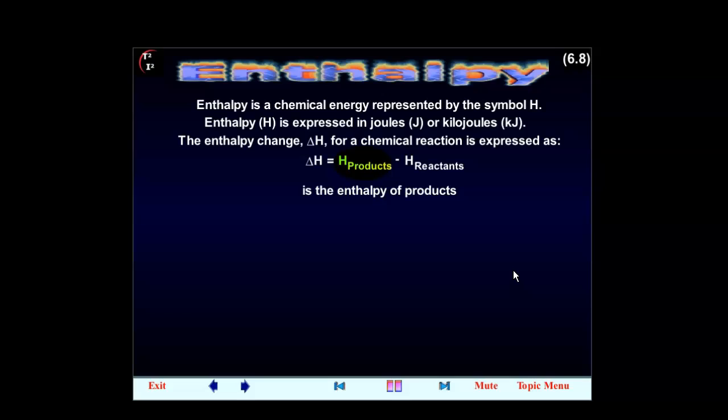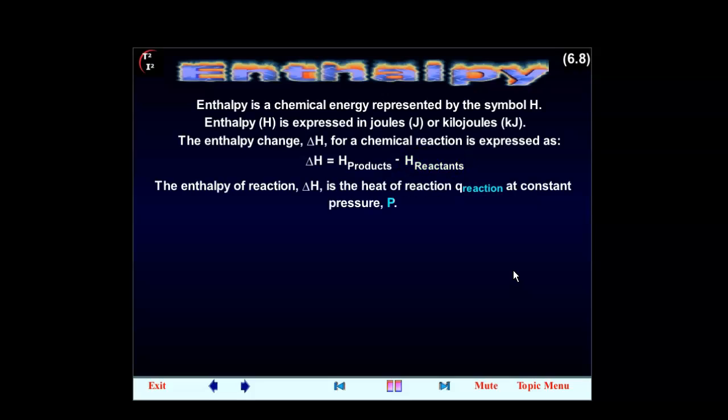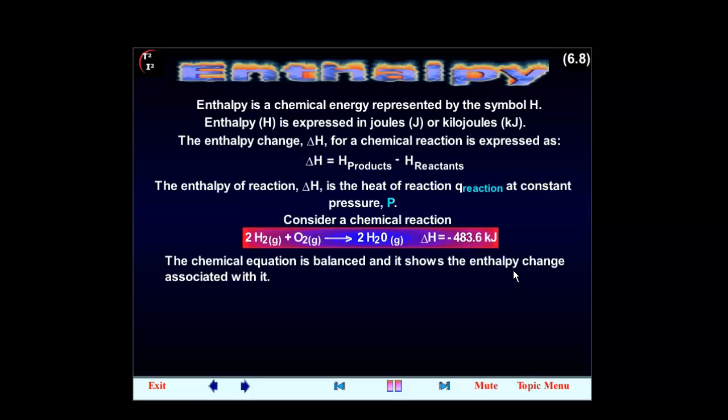H products is the enthalpy of products. H reactants is the enthalpy of reactants. The enthalpy of reaction, delta H, is the heat of reaction, Q reaction, at constant pressure P. Consider a chemical reaction. The chemical equation is balanced and it shows the enthalpy change associated with it. This type of chemical equation is called a